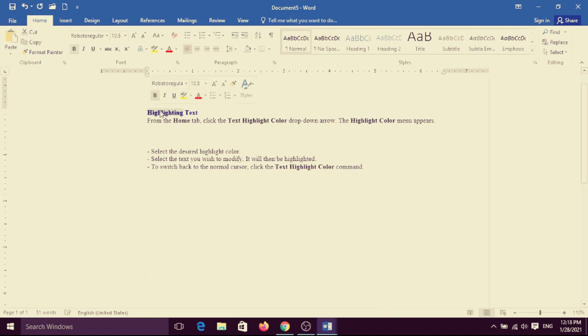Very simple highlighting of the text. Suppose I want to highlight the text. First you should select the text or sentence or word.